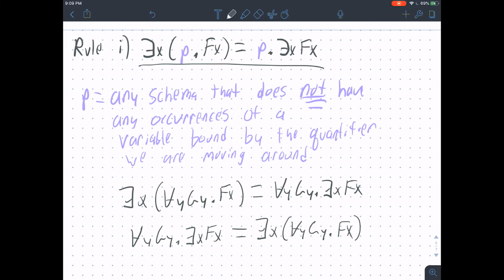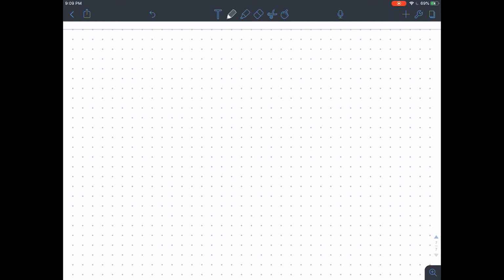Yeah. And so that's how the first rule works. Time for the second rule. So the next rule, rule 2, Quine's really creative with naming these, is